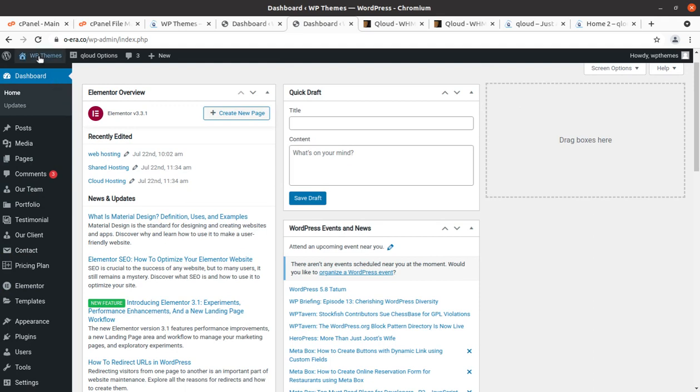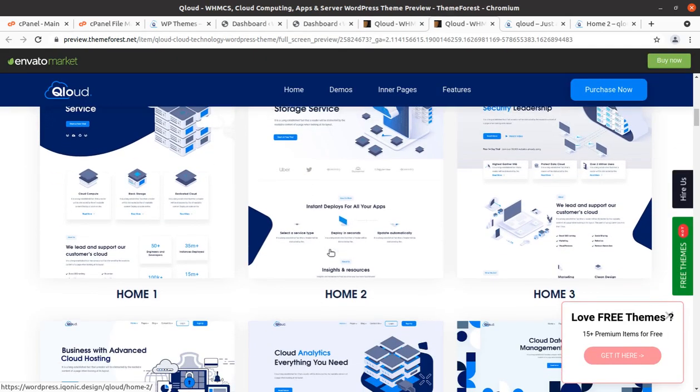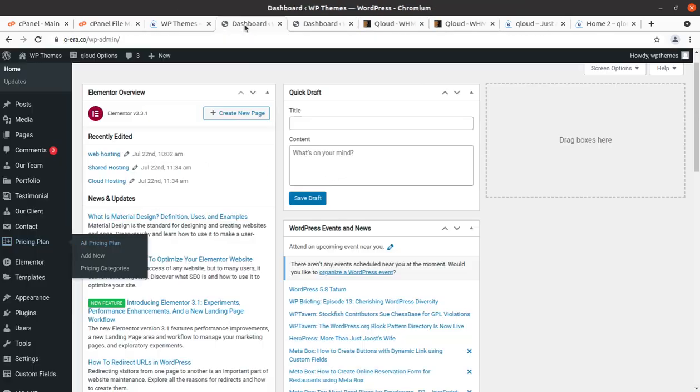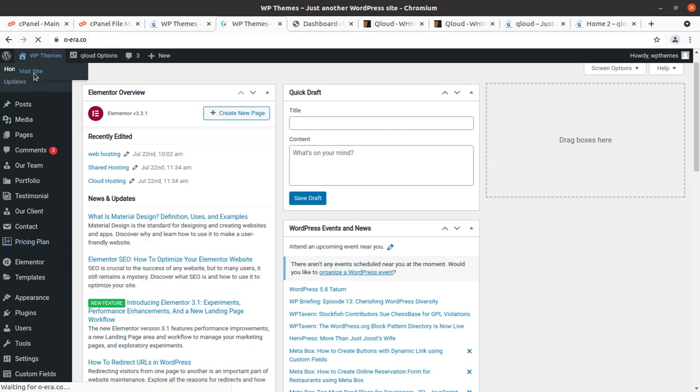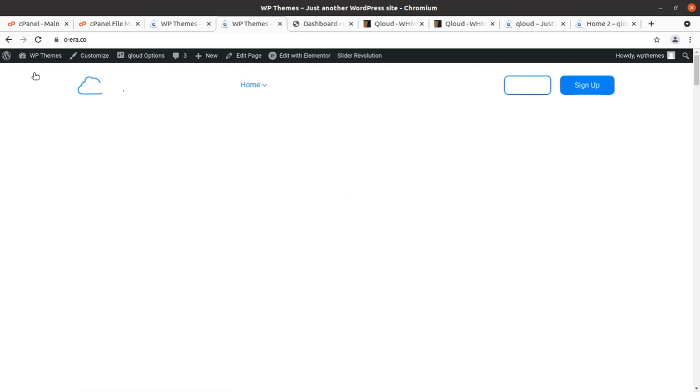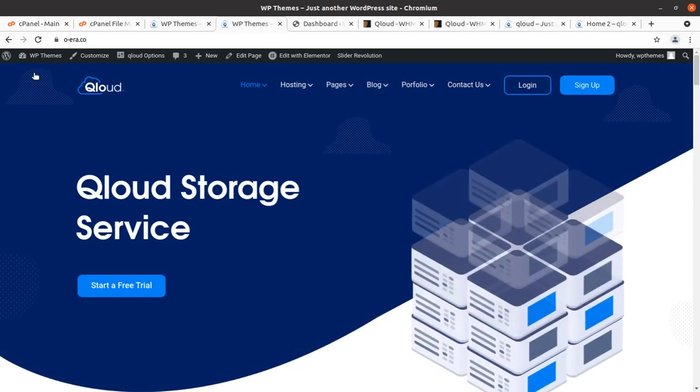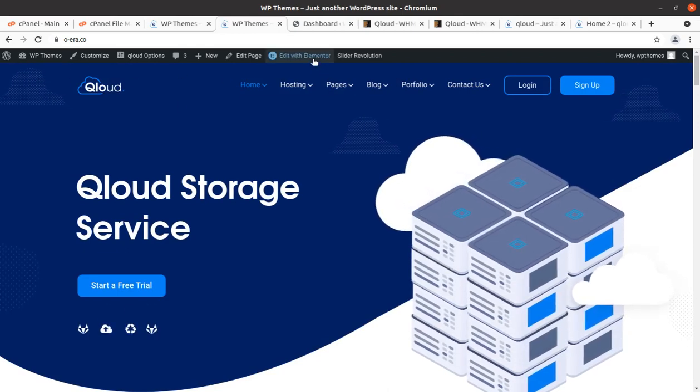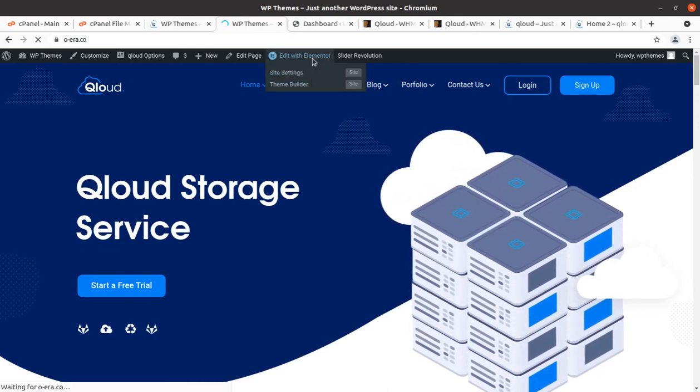So okay, you can use this theme for the purpose as you need, and you can use it on any pre-made websites. And finally, I am going to show you how to edit the content. It is however very simple. This theme uses Elementor, and editing with Elementor is always simple. So just open the page and click on edit with Elementor, and I'd rather advise you to take a backup of the page which you are editing, at least for the home page, so that just in case you made any mistake, you can restore the page using the backup.